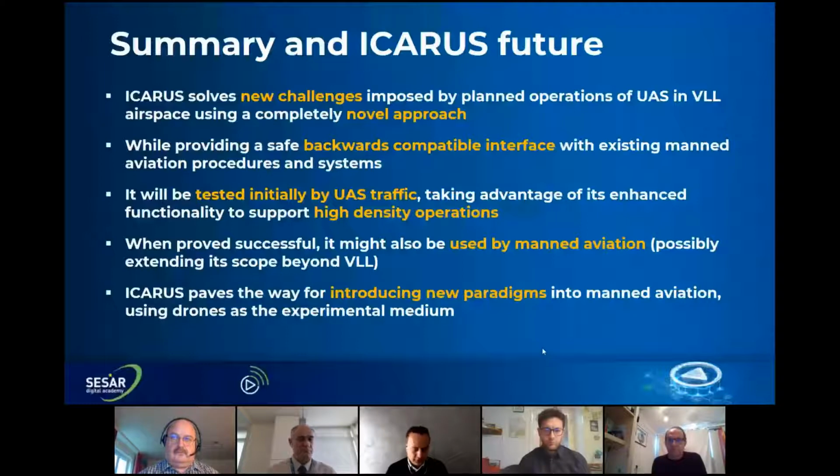We have to ensure, of course, backward compatibility with the existing manned aviation. So for this reason, we introduce a vertical altitude translation service. And finally, the big number of drones can allow us to have a large data set to